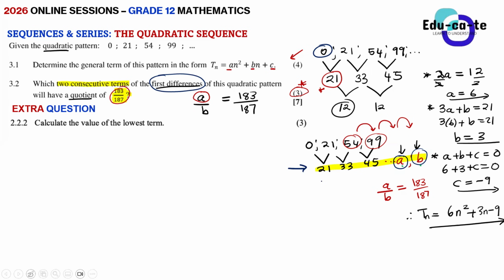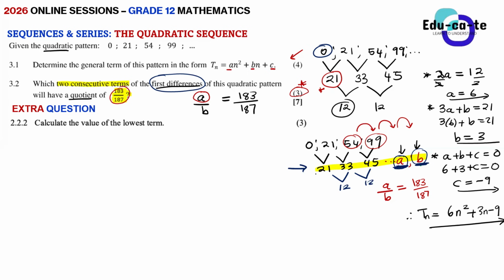If you figure out this arithmetic sequence, it has a constant difference of 12. So you can calculate its general term. And A is actually a term value in the arithmetic sequence. Remember the words that I use here: we have value and position. A is the term value, and B is another term value. These are two consecutive terms following each other, so please don't get confused there.